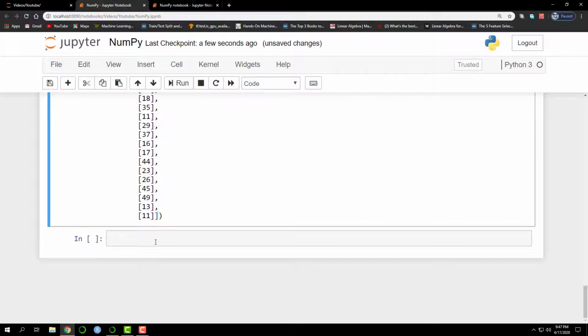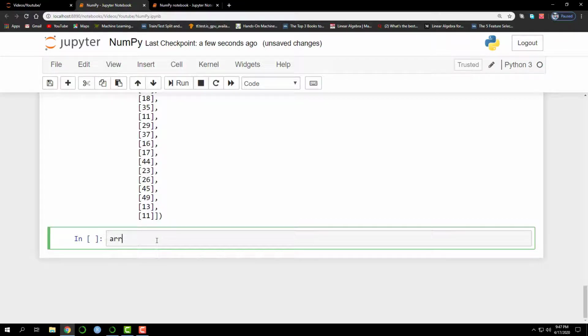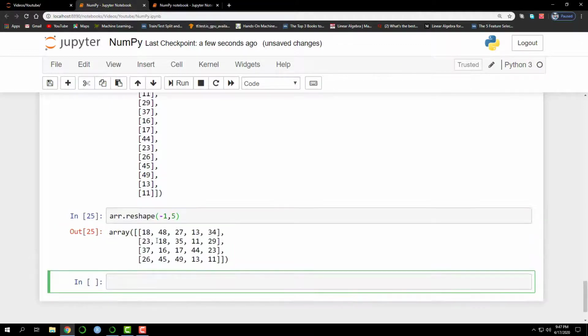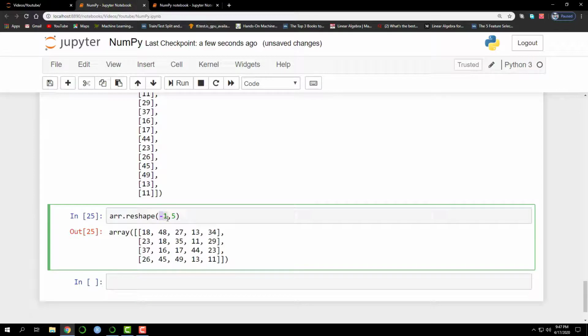You can see 2 square brackets. While reshaping, you can use -1 to get the number which actually fits the array. Since there are 20 elements in the array, I can use -1 along with 5 to get 4 in that place. From here you can see that the array turns out with the shape of 4, 5. So the -1 is replaced with 4.